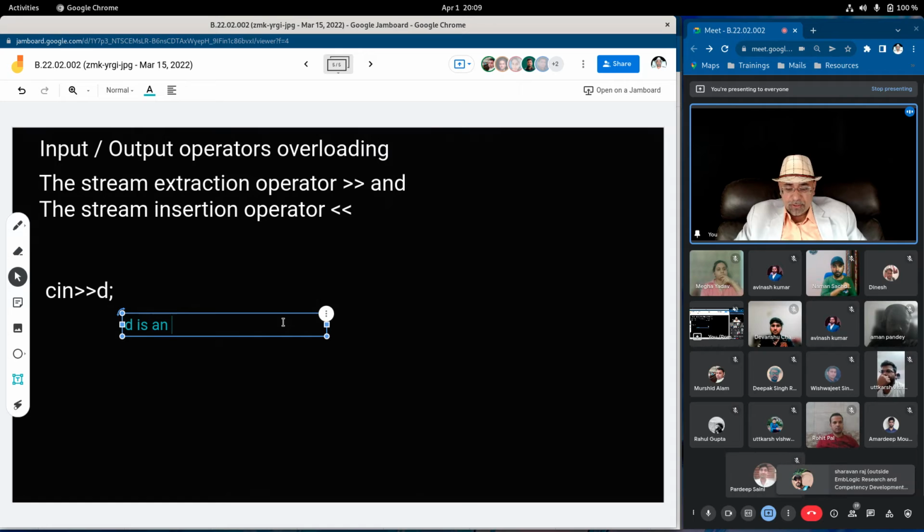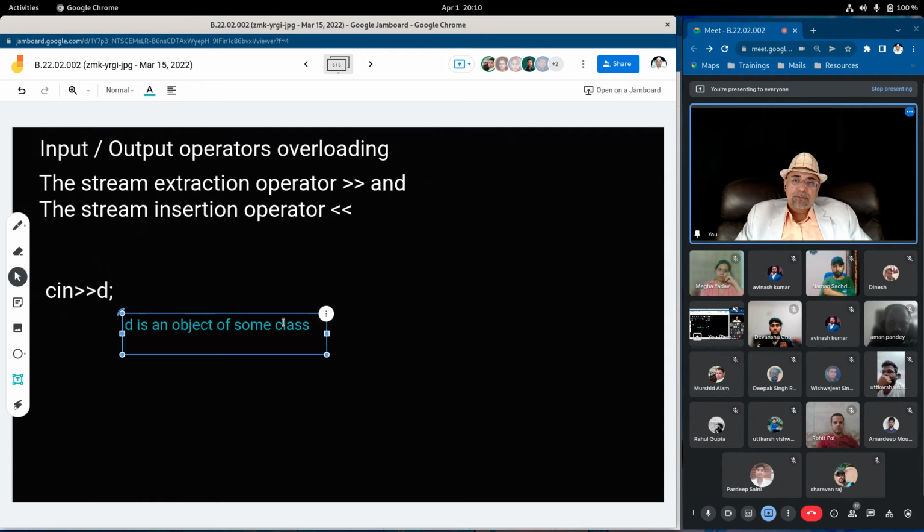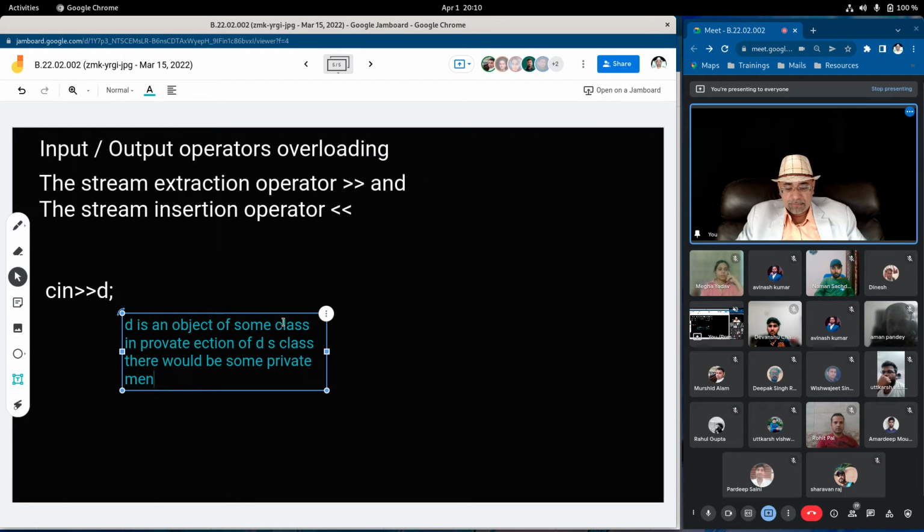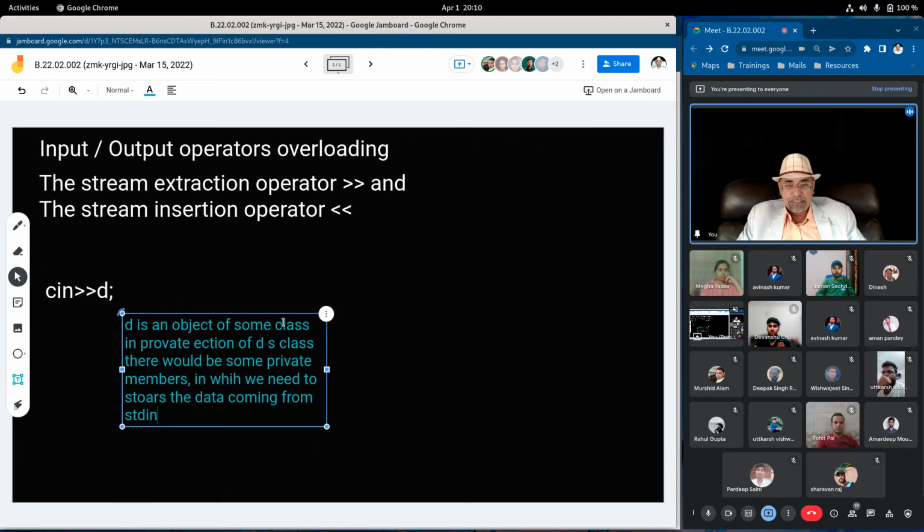D is an object of some class. Now inside D, of D's class, there would be some private members in which we need to store the data coming from stdin using cin.